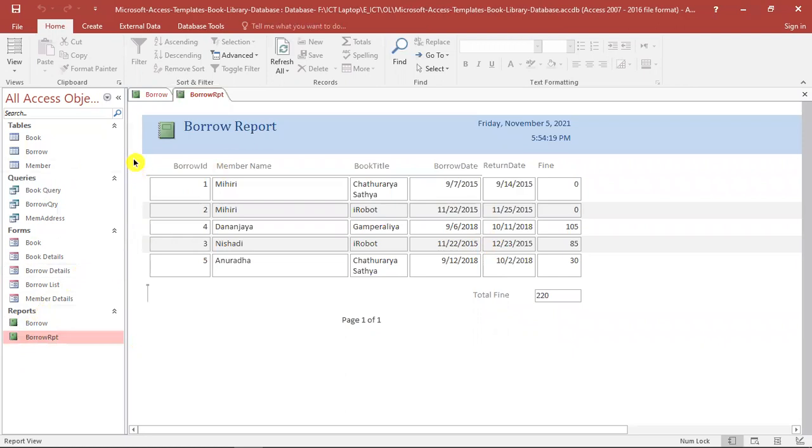Now, what are the objects and how do we create them inside databases using Microsoft Access? We can use table structures, queries, forms, and reports for many purposes.